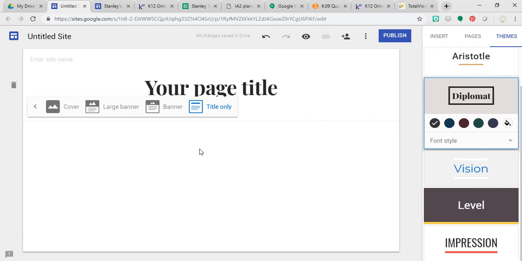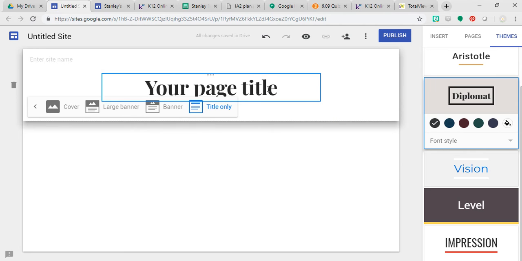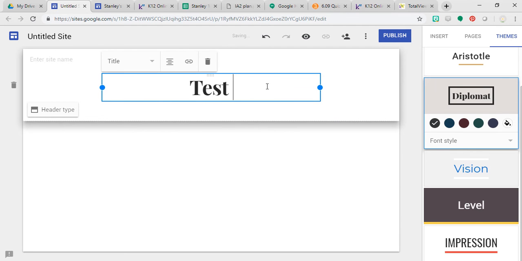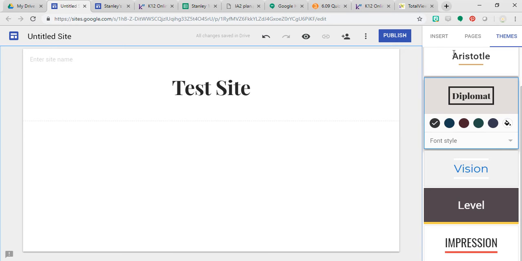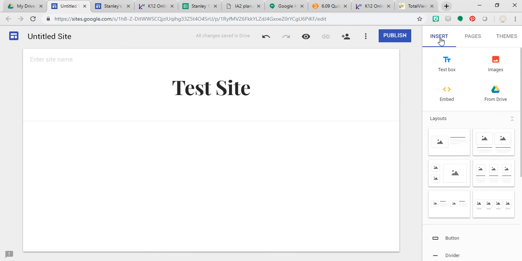So you can just have a title if you don't want an image, and it helps create some space as well there. So once you have your header, you can give it a name, and then you can go ahead and start inserting stuff. So if I'm going to make something fairly basic for students where I want them to see a Google slide presentation with the Google form so that they can work through the questions and then insert their answers as they're going, or decode some things depending on how intricate your escape room is. This is why I love Google Sites, because if you